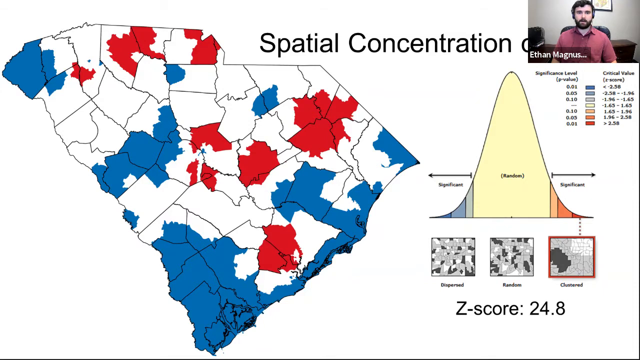So what you're looking at now is a hotspot map for the entire state, which shows where evictions are clustered or where they are dispersed. And very quickly, you can see how there are some strong patterns here. Almost the entire coast is a cold spot, meaning there are fewer evictions than we would expect given the number of renting households there. Several of the major